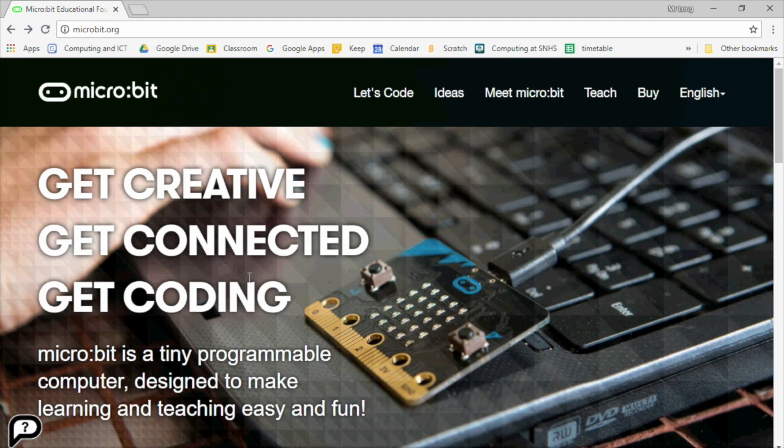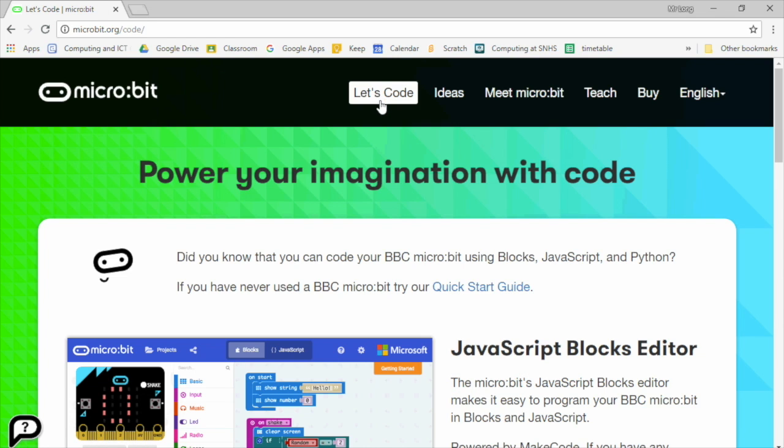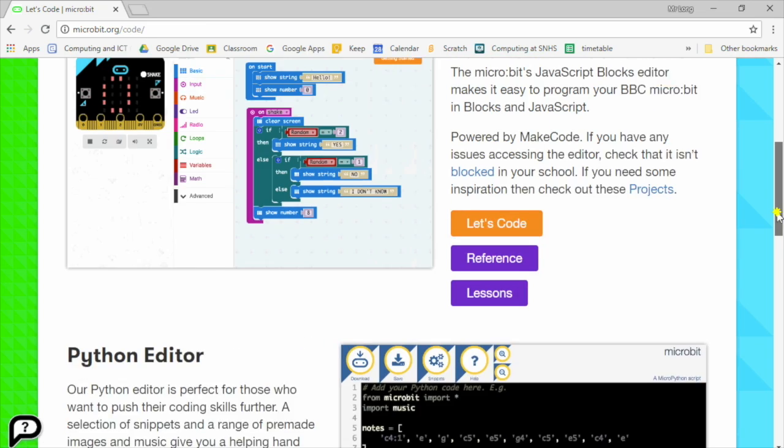Hello world! In this video we're going to show you how to make a quick program using the microbit. Now the microbit has its own website. It's called microbit.org, which you need to take yourself to. Then you need to navigate to the Let's Code page, and on the Let's Code page you can choose the